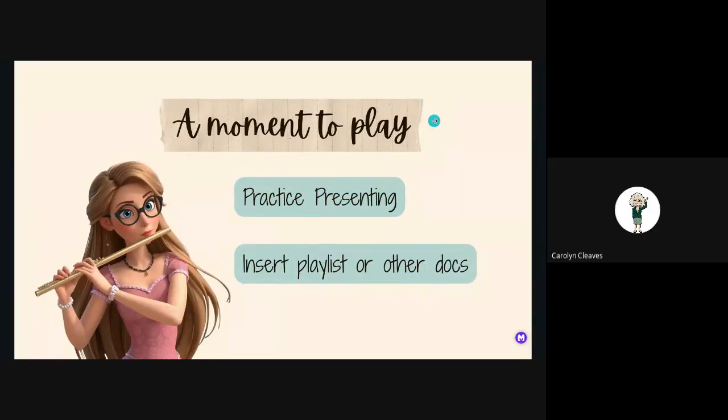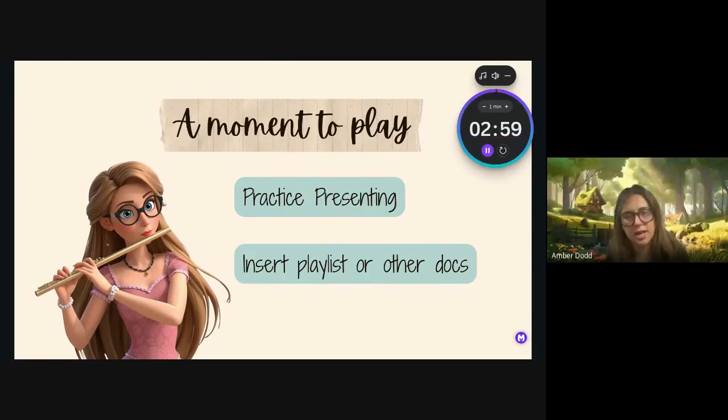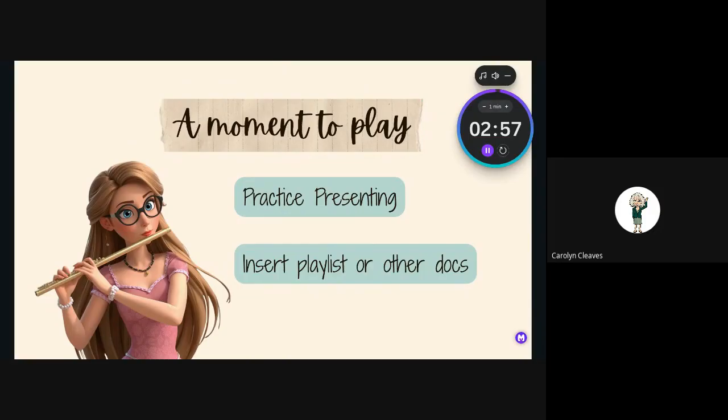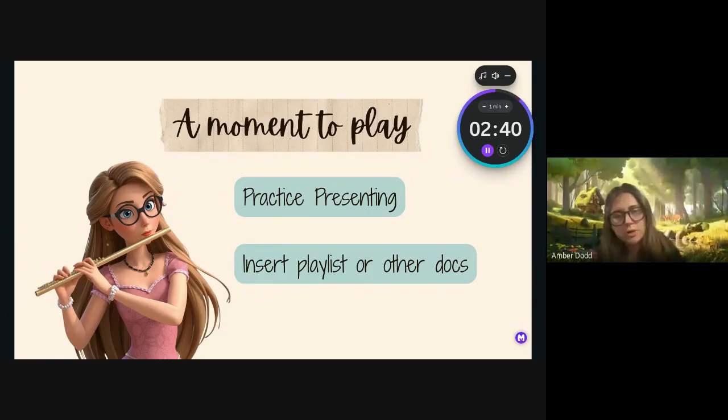Amber, may I ask a question verbally, or do I have to type it in? Nope, you can, this is your time. With the presentation mode control, can you do it with a clicker versus the phone? Just with the whole thing of not using a phone. That's why I was asking. Yeah, so you do need a QR code. You need a device that has a QR code attached to it. So probably not with the clicker, at least not that